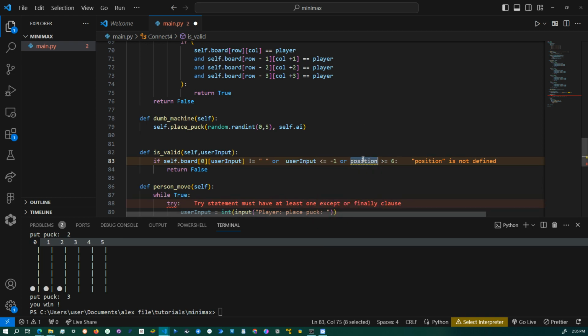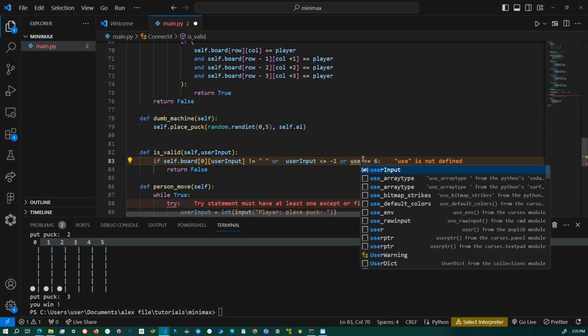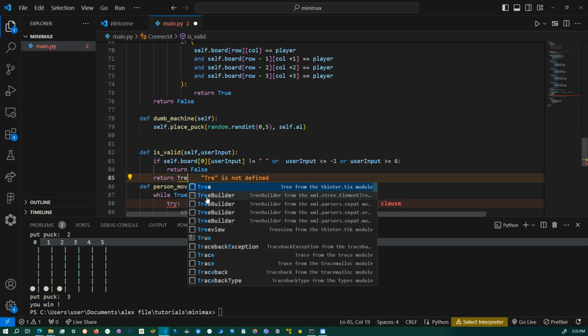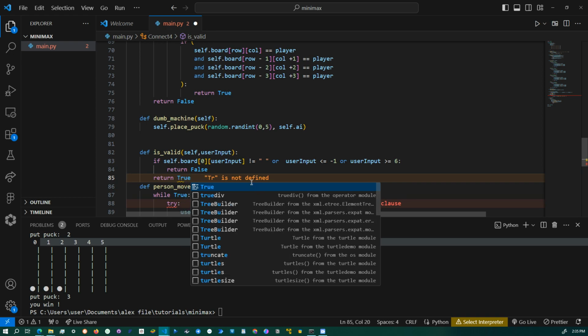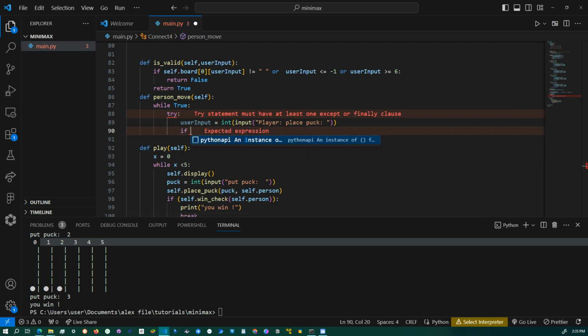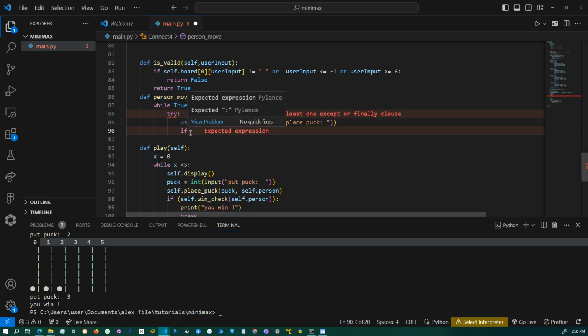Hmm, kind of messed up here. User input, return false, else return true. So, okay, and then we can do try, blah blah blah. We can check if it's valid. If self dot is valid,